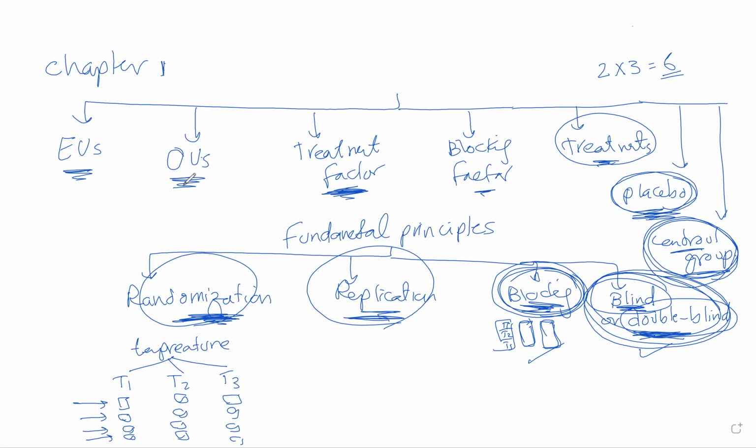But the observation units, when I ask, what is the number of observation units? You think about the response variable. When I measure the response variable, I measure the response variable from what? I measure the response variable from the plants. So how many plants you have? I measure the tanks, I measure the patients, how many patients you have. I measure the students, how many students you have.